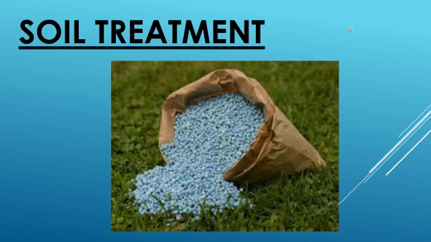Only then can cultivation of crops proceed, isn't it? So what do they do when the soil is too acidic? They add bases like quicklime, that is calcium oxide, or calcium hydroxide, as a base. If in case the soil is too basic, then they use organic matter or organic compost. What does this organic matter do when it is mixed with soil? It releases acids which neutralize the base present in the soil. So this is how neutralization happens in case of soil.